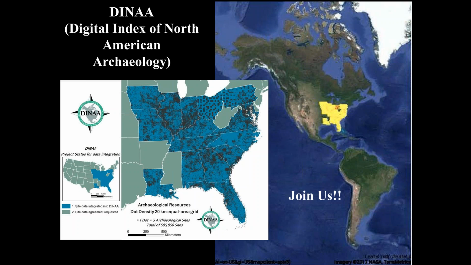Great. I have a few questions about the specific database and the data itself. Before getting into that, here's another one that came in. The author writes that it is admittedly a leading question, but you noted that the DINAA analysis included sites that have been identified, obviously. Is there a way to use DINAA to highlight areas that have not been surveyed? She went on to write, this is a bit of a leading question because I want to know about which areas haven't been surveyed and might be at most risk.